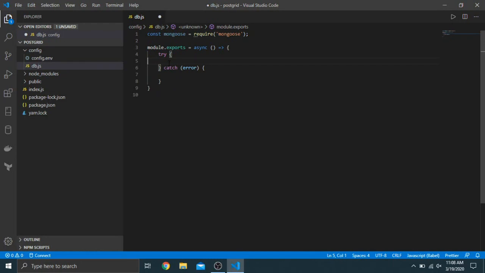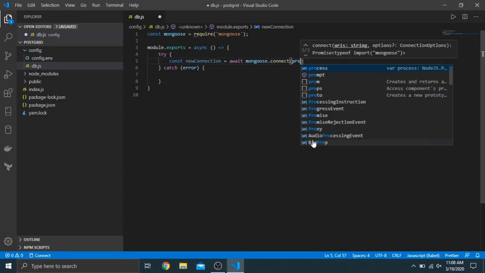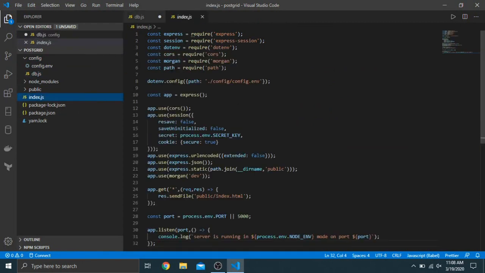And in here, I just want to do const, and create a new connection. I want to set that equal to await, because we're awaiting the connection to Mongo, and it'll be mongoose.connect, and then it takes in the URI and then any options. So we want to use an environment variable, process.env.MONGO_URI. Remember, because we configured it in our entry point, which is the first file that's hit when we run the backend, we can use this in any other file because it was already configured,